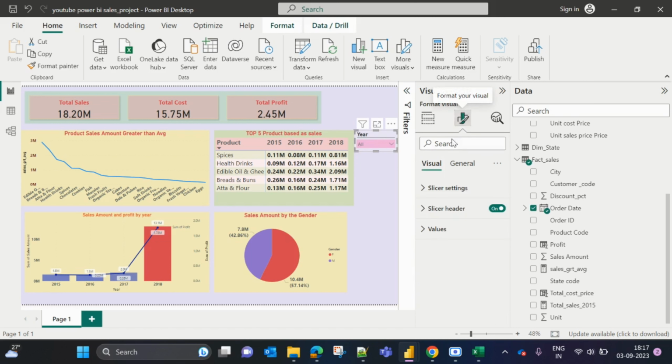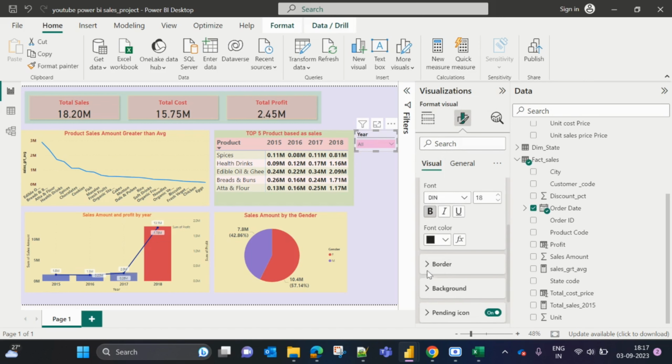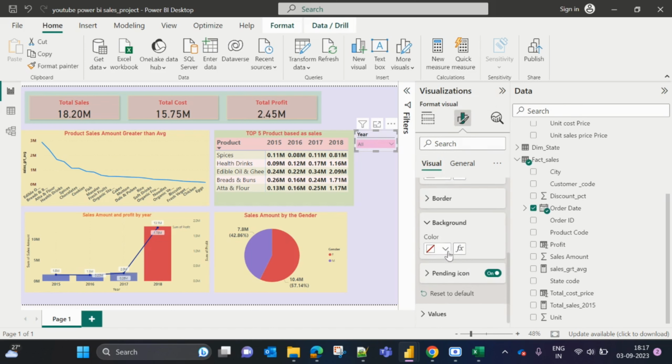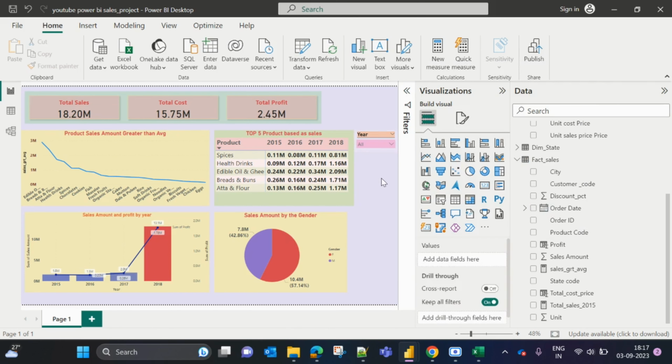Select this, come to the slicer header. The font color is black, that is okay. Background color, give some different background color for this. Now it's here, and we have all here. Now it's looking great. Now some people may not understand what is the use of this,